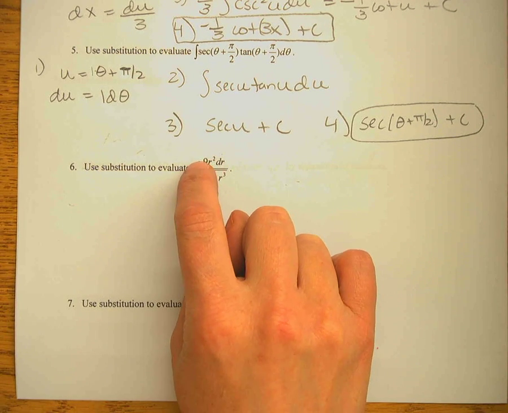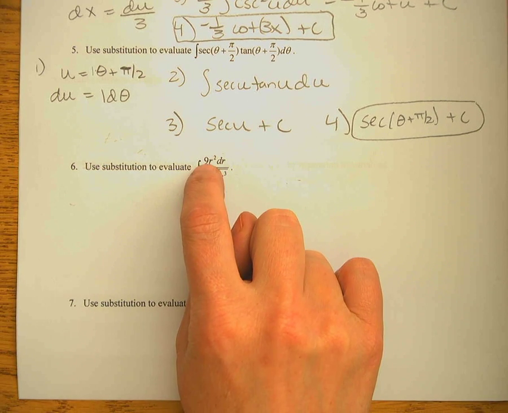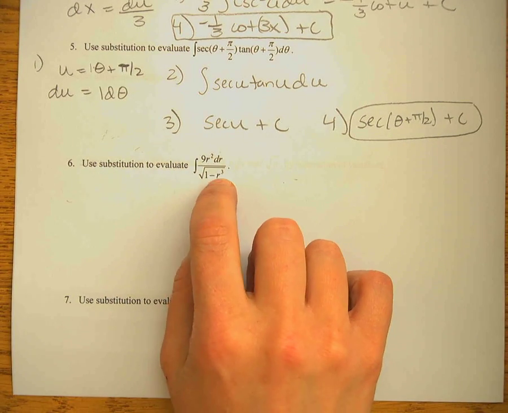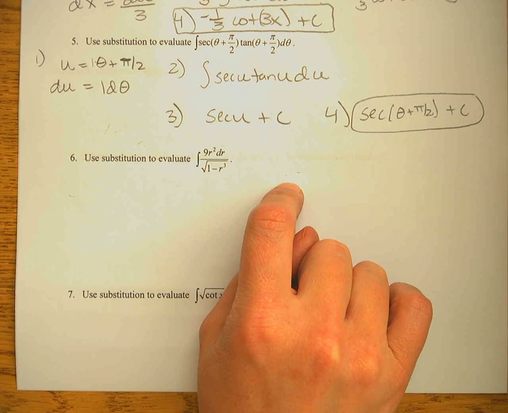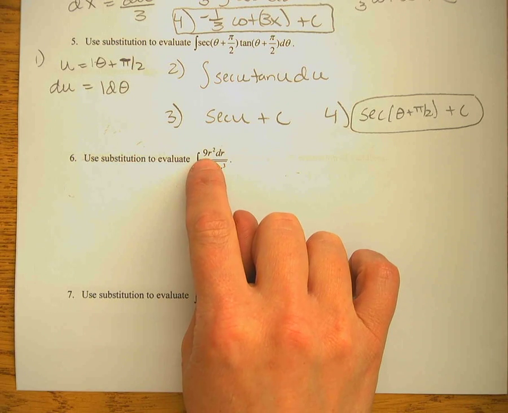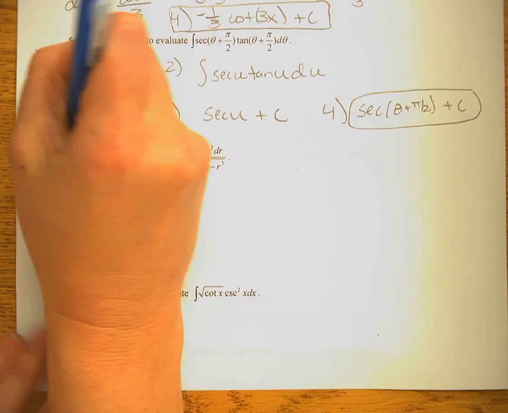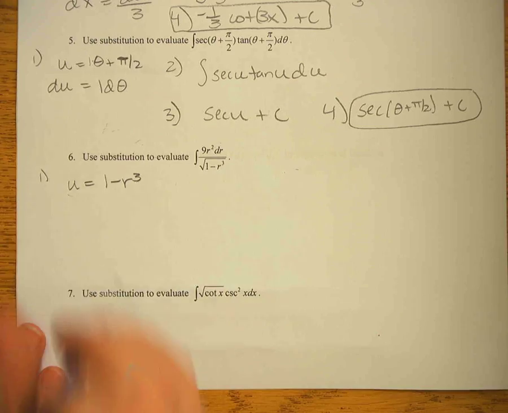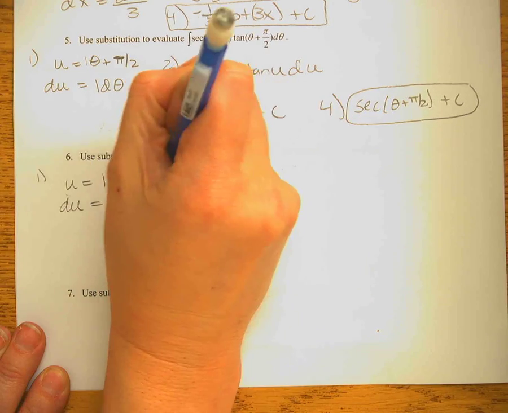Now, the reason I can see that this is going to be the derivative of that is because this is r cubed and this is r squared. Because of that, I'm going to let the one with r cubed be u, so that when I find du, it's going to have an r squared in it that will cancel with this r squared. So that's why I'm going to let u equal 1 minus r cubed, because du is going to be negative 3r squared dr,